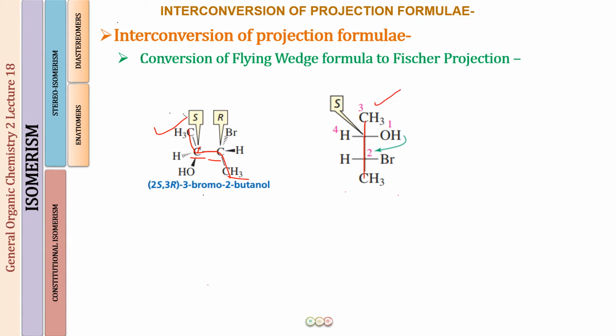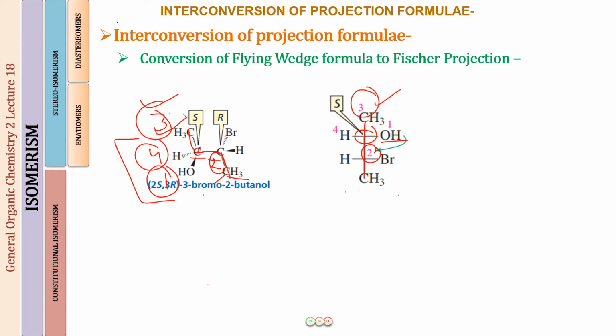Then for C2, first of all, what you know is that OH is priority group number 1. This was 2, CH3 was 3, and hydrogen was 4. Hydrogen and OH we are going to put on the horizontal line. So the remaining groups are 2 and 3, already there. So this is group number 2 and this is group number 3 on the vertical line. And we have to arrange our 1 and 4 in such a way that we get an S configuration for the center. Okay, so now if we put an OH